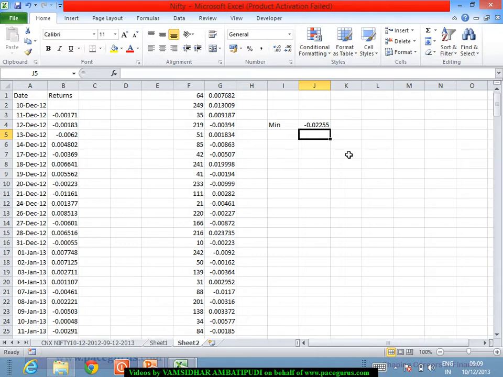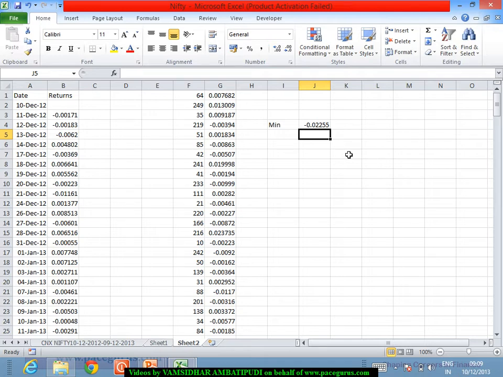How do I find the 1% daily VaR? It's as good as arranging the data in ascending order and pulling out the value that separates the 1% from the rest of the data. So 1% out of 100 is nothing but the first element.